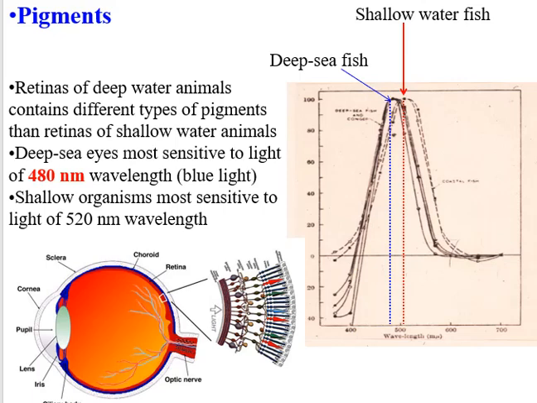Well, the other thing is that the wavelengths of light that depolarize the rods and the cones are different for shallow water organisms and deep sea organisms, as you might expect. If you're up close to the surface, you're exposed to light of different wavelengths, light of different colors, and we see different colors. And you move down into the water column, then that light starts to be attenuated, and you get down, it's not even very deep, to a certain point where the only light is blue light. We looked at that before.